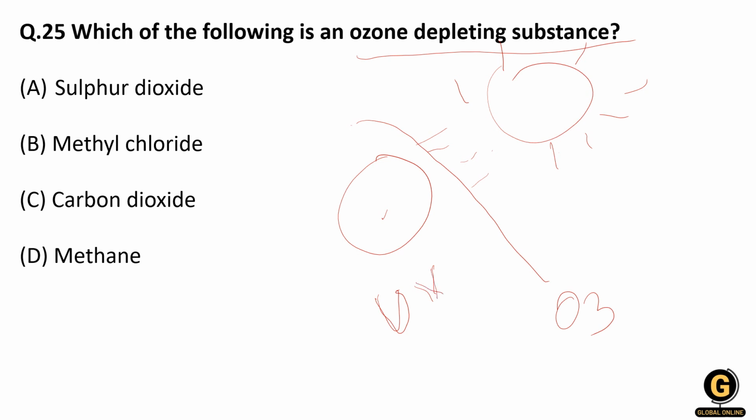So what happens if this UV light directly comes on earth? If it falls on us, it causes cancer. So the ozone layer protects against the direct interaction of the UV lights with the earth, right? So you have to understand this phenomenon first, and then this layer is getting depleted or harmed or disturbed by the substances that are called ozone depleting substances, and those substances are